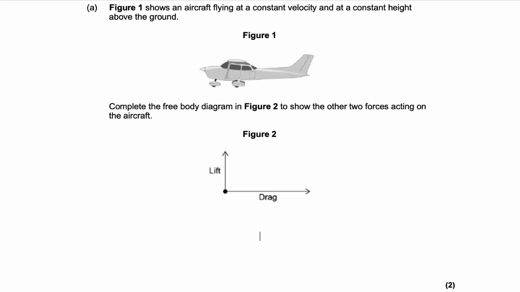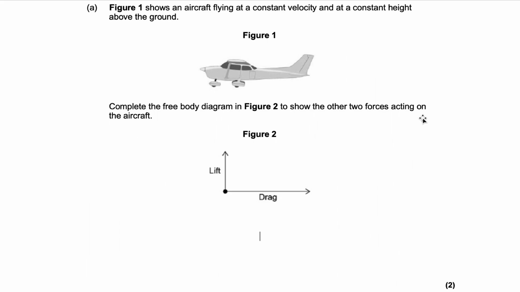So Newton's first law tells us that things going at the same speed in the same direction have balanced forces acting, or zero resultant force. So we know the forces acting on this aircraft have to be balanced. And the question asks us, complete the free body diagram in figure 2 to show the other two forces acting